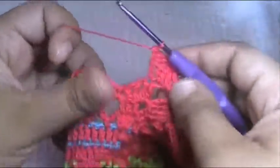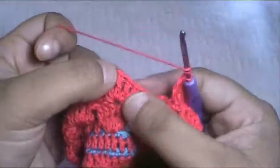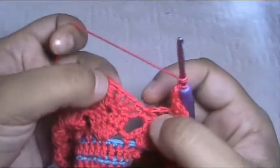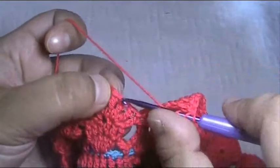okay. Then yarn over twice and go directly to the third stitch from the next group. So 1, 2, and here is the third one. Insert the hook inside it and make 1 treble,